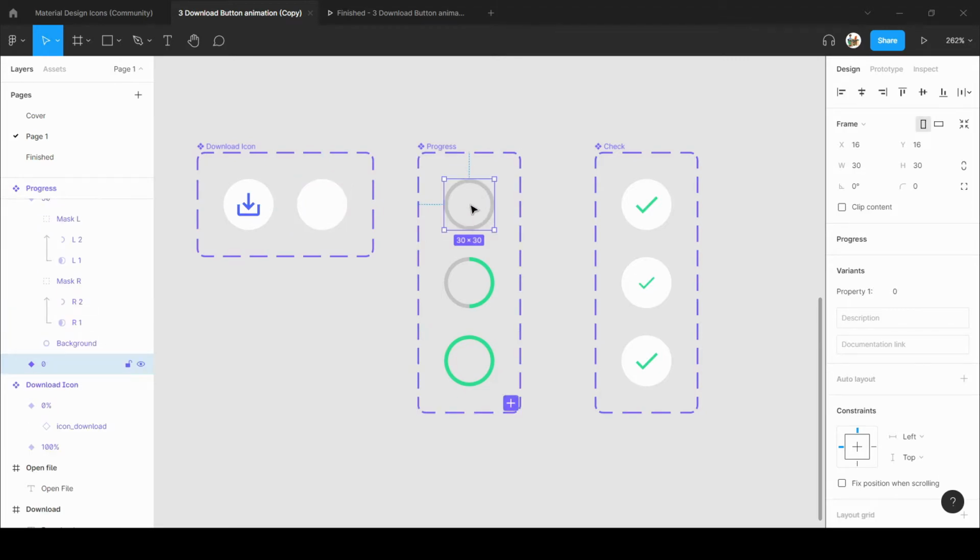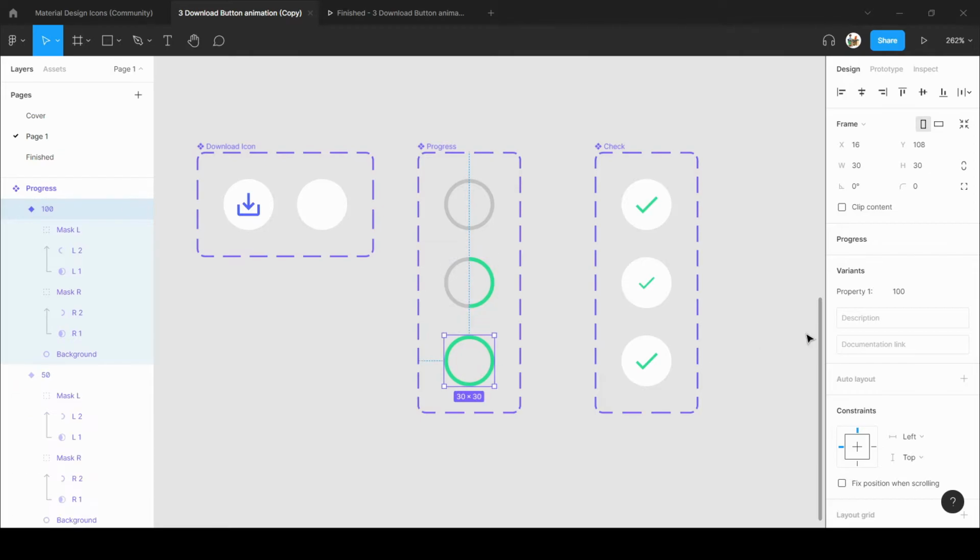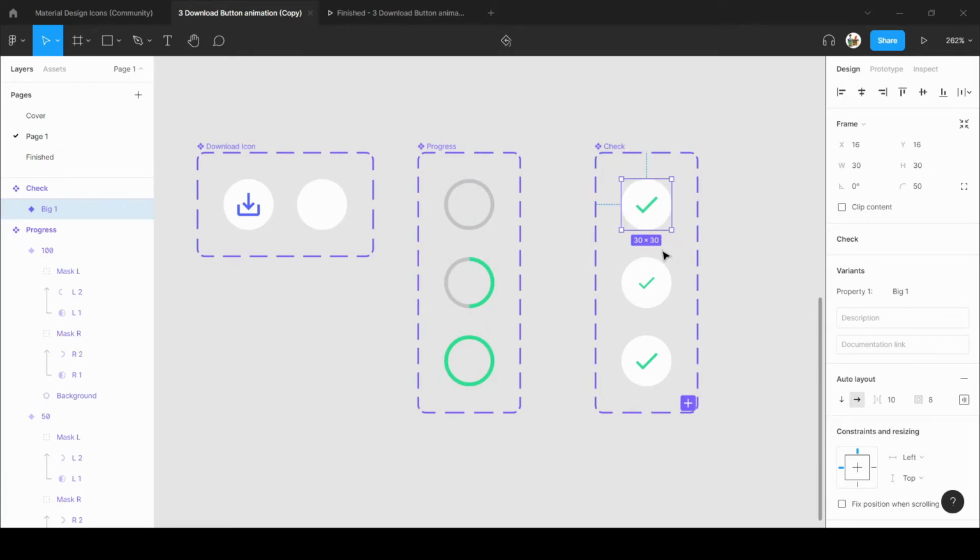Then for the progress, this one has a 0 progress, this has a 50, and here we have this 100. And for the check mark we have this big one that represents the big symbol. Here we have this small icon, and here we have again big 2. So give the proper name for the components.